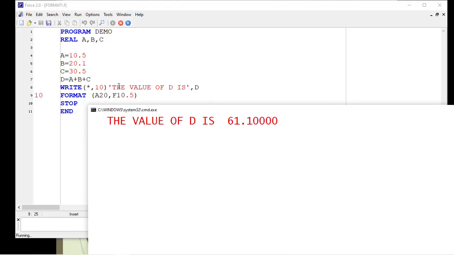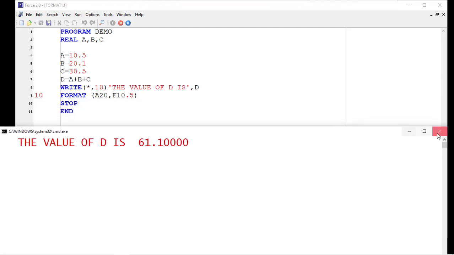Because we have written here the value of D is, this is displayed the same way, and then it is going to add. So after adding A plus B plus C, you got 61.1. Now since you have 10.5, you got 5 digits after the decimal. So this is how the formatted write statement is to be written.